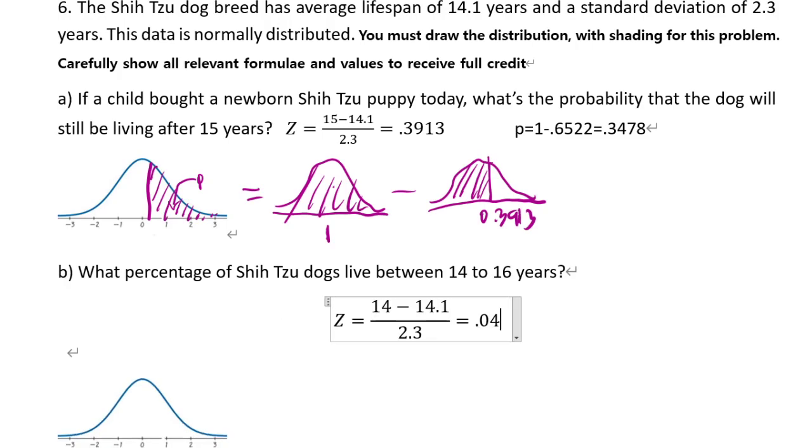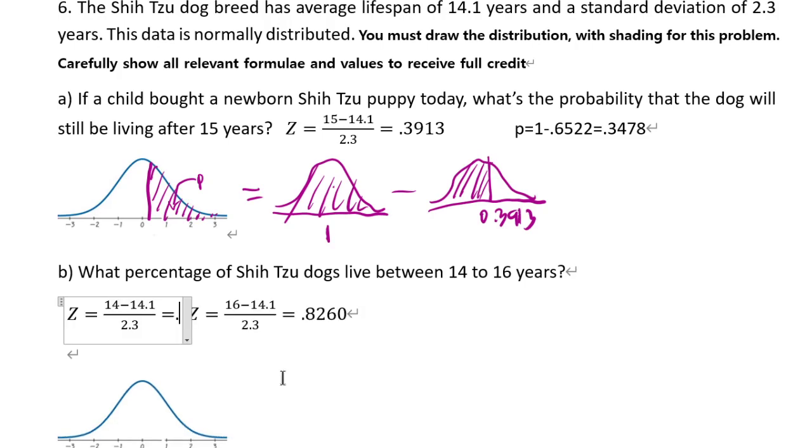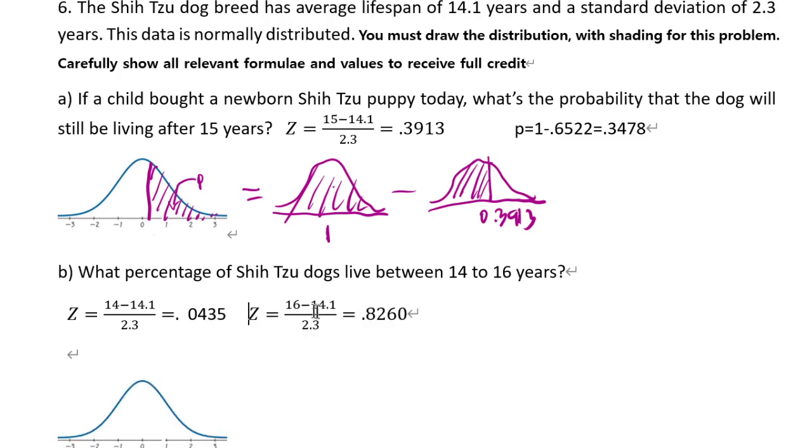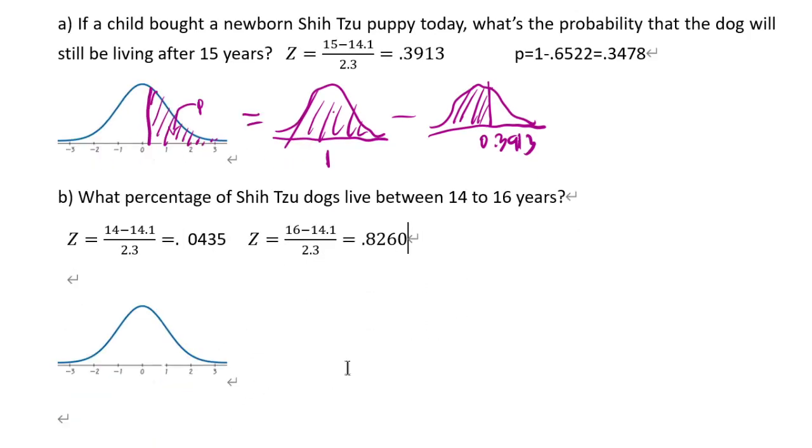I'll just put this here: 0.0435. Okay, so these are the z-scores, and what it means is we want to find the area between